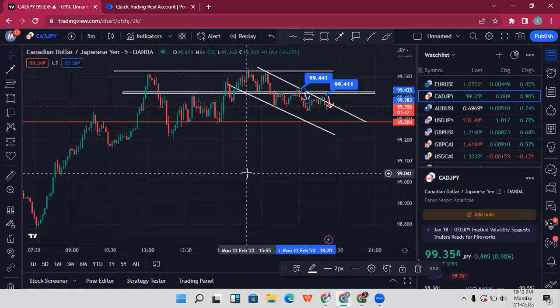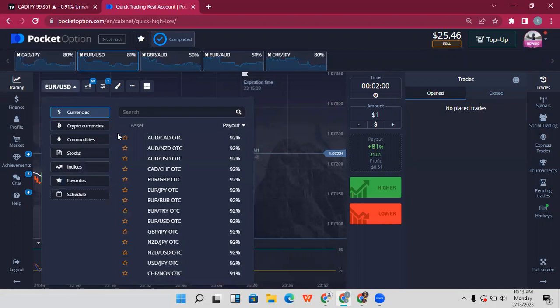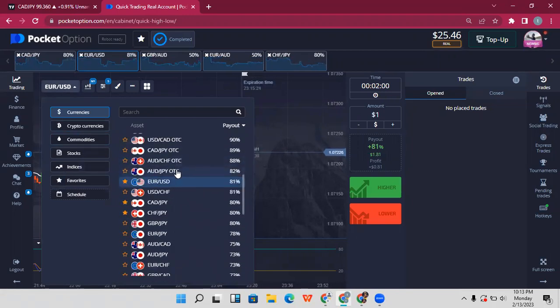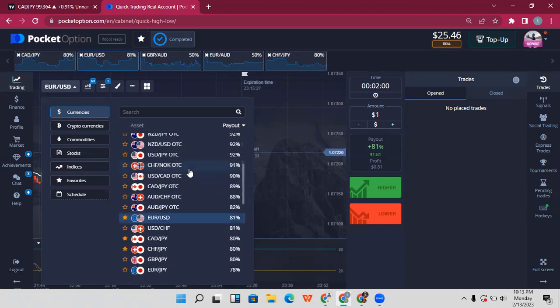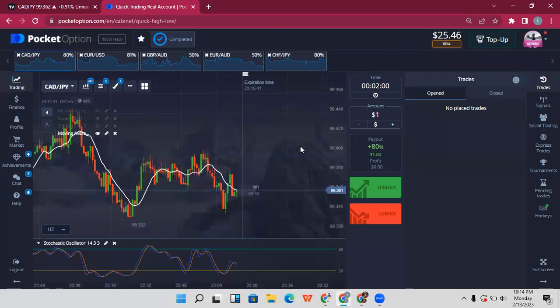So how do I trade? I'll share with you how I usually take my trades. The first thing, I'll come to Pocket Option, click on the currency section and take a look at the currencies. Always remember, don't trade OTC. I will look, for example, at the currency that has a very high payout, and this is Euro USD. But the one that had a very good payout was CAD JPY. So I selected CAD JPY, and I'm going to share with you a few strategies that I use to